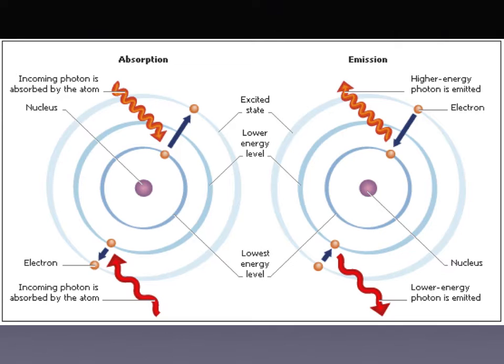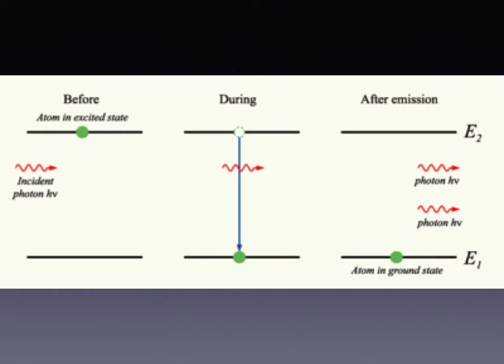Difference between absorption and emission. Are you seeing the light? Or is the light being absorbed and you're seeing dark lines that represent your readings? So, absorption versus emission again, basically, if I'm looking at an atom in an excited state and I'm bringing in a